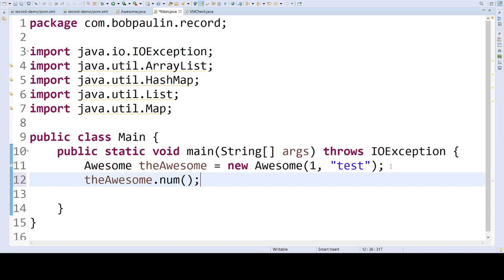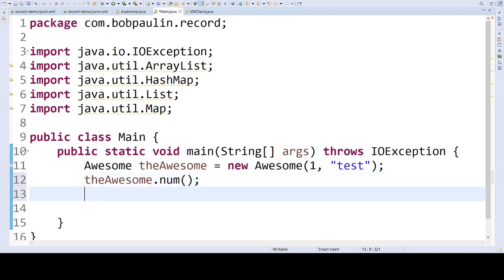That will return to me what I set in the record's constructor for the field num. Again, this is all code generation behind the scenes. It's not getNum, it's just the name of the field. And of course, the return type is typed to whatever type that field is.